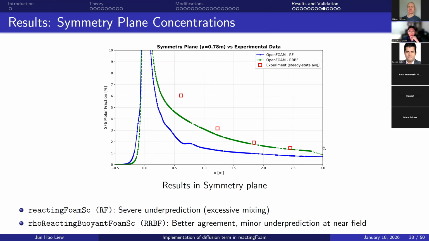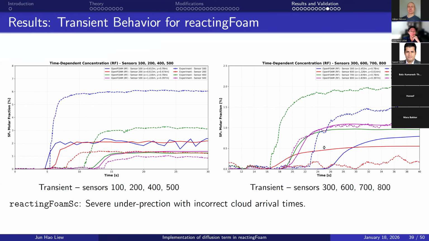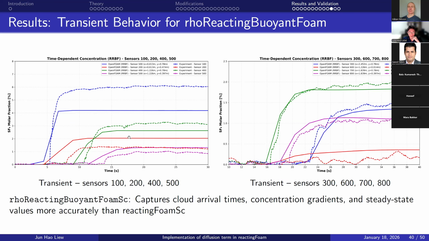And then let's look at the transient behavior. This is for reactingFoam. Severe under prediction everywhere, and then incorrect cloud arrival times here at the lateral far field. And then we look at the low reacting buoyant foam. This is much better. There's still under prediction in the near field, but in the far field, you can see it's very close to the